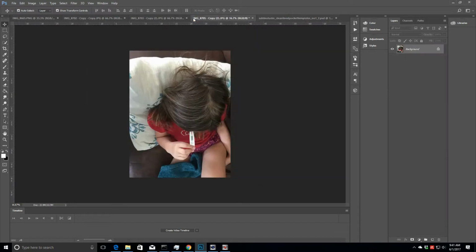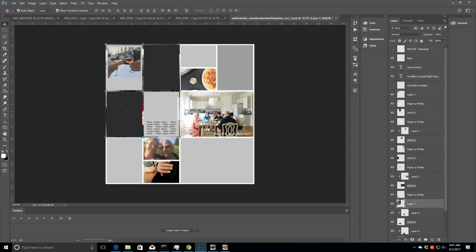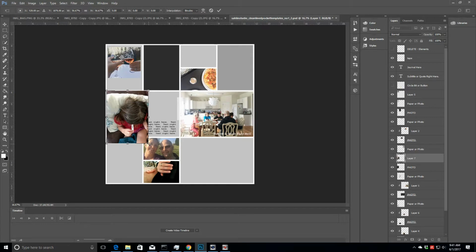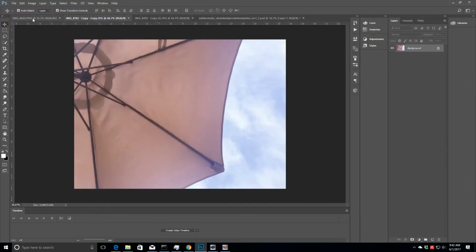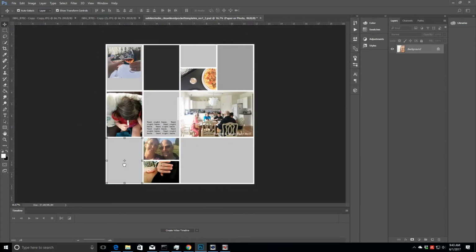You'll notice that some of my photos, when I bring them into the template, they're sized a bit smaller than the frame. And so I'll show you what I'm going to do with those here in a little while. That's one of them, that photo of us with the wine glasses. So I'll show you in a little while what I'm going to do with those. There's 2 of them actually. And I've been doing this the last couple of weeks as well, so you probably already know. But anyway, so some of the photos that are going on here are,